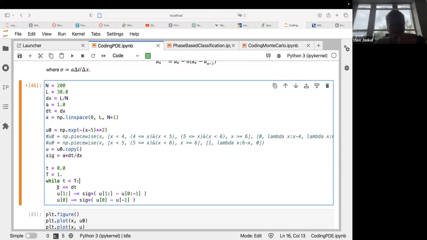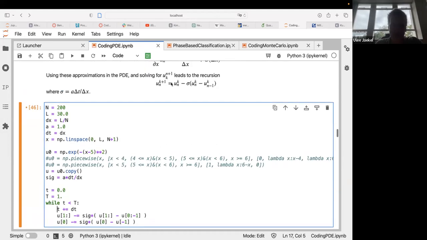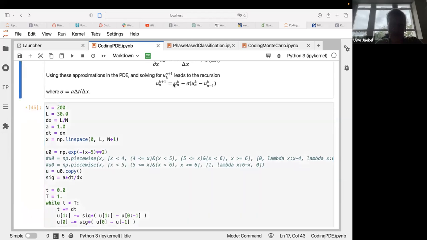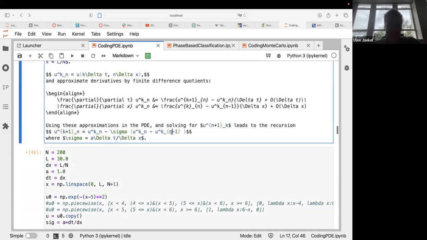So we know the solution at time 0. Now we want to have the solution at time t, and we just have to see what we have to do. We have the solution at the previous time